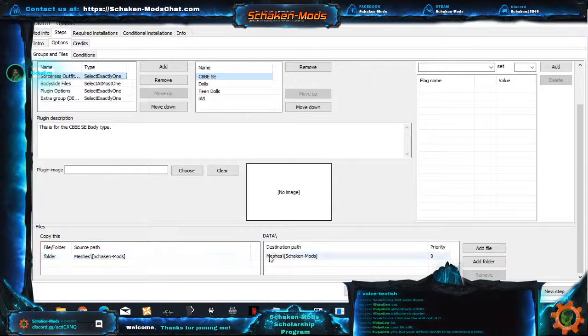What you try to do is inside your directory folder that you've selected, go ahead and set it up as if it would be inside the data folder. That's going to make it easier on you and them, and it will cause less errors in the long run. And you will see I have exactly just like that. This is the standard CBBE body. Now the way that IAS works,